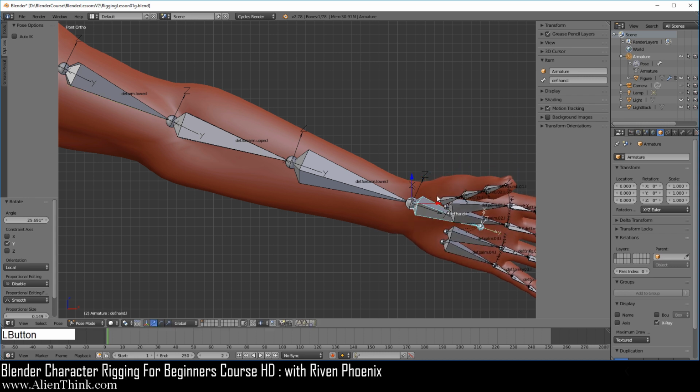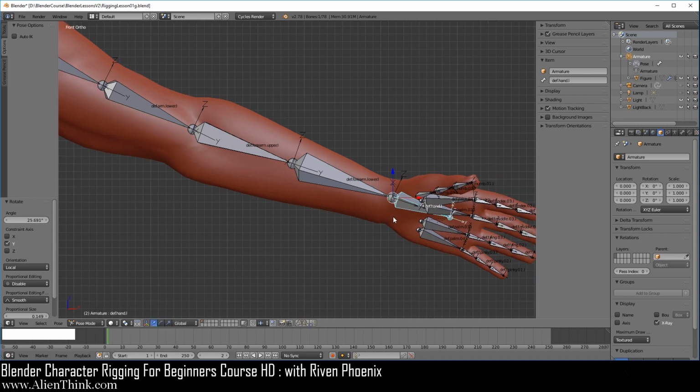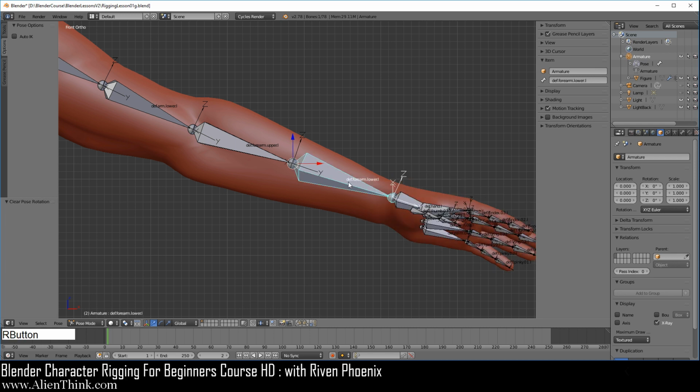Okay. Now when we create the non-deformed bones, all of this is going to be handled automatically for us. Right now you can see that we have to do this manually, okay, to get the proper deforms in joint areas like this. Okay, now go ahead and click on this bone, do Alt R to reset the rotation, click on this bone and then do Alt R.